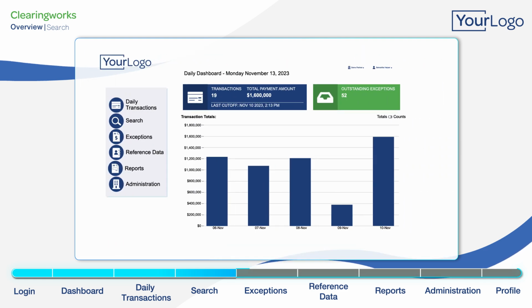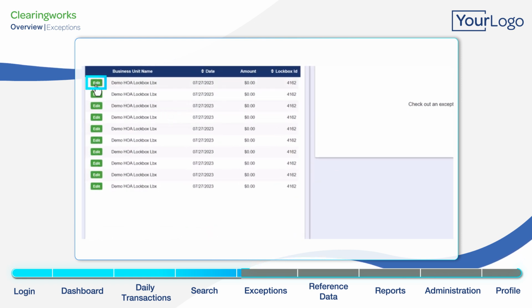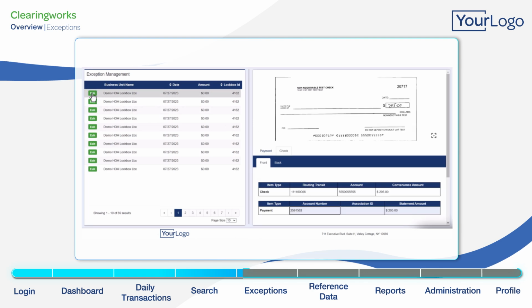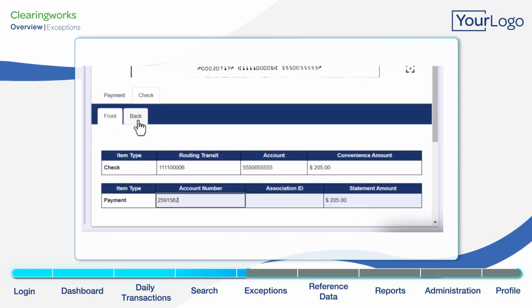To view a list of exceptions, click on the Exceptions link. This will take you to the Exception Management page, which lists the payments that could not be applied. To view the details, click on the Edit button. Upon clicking it, on the adjacent section, you can see the front and back of the payment, as well as